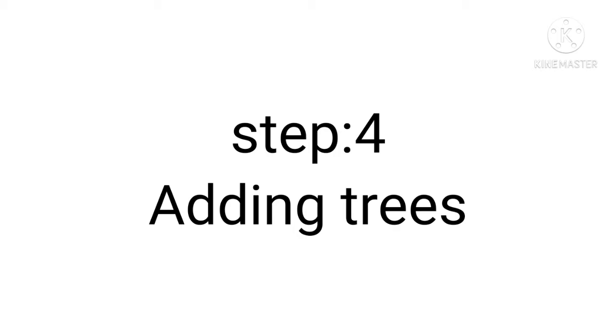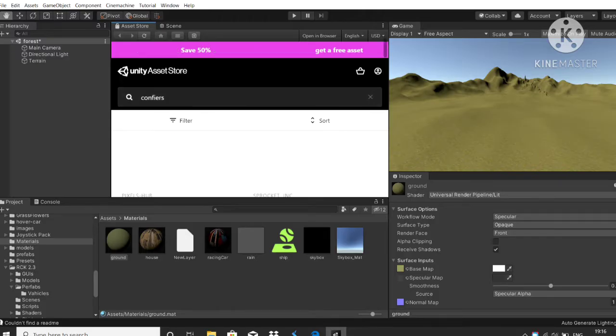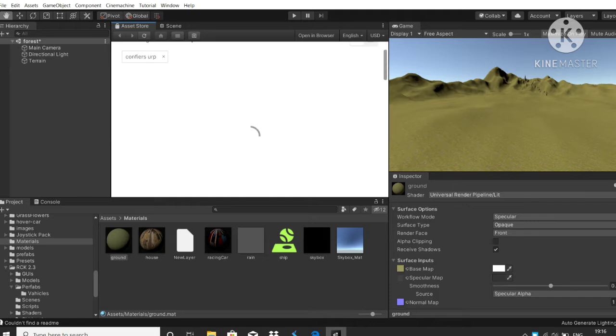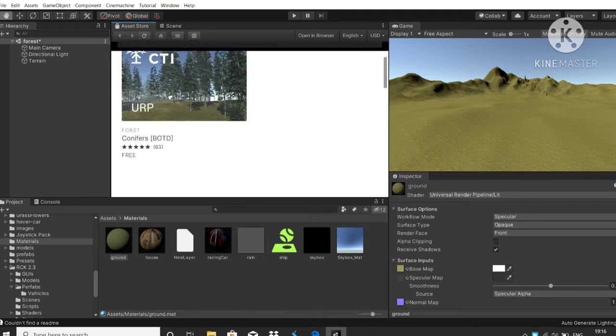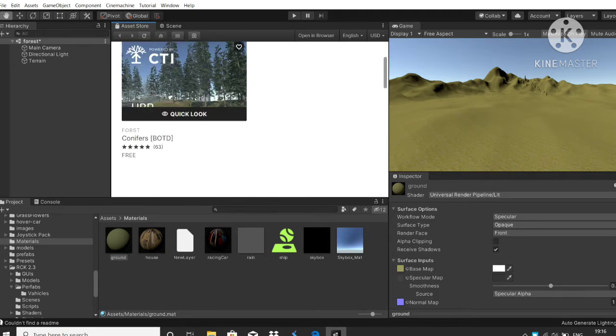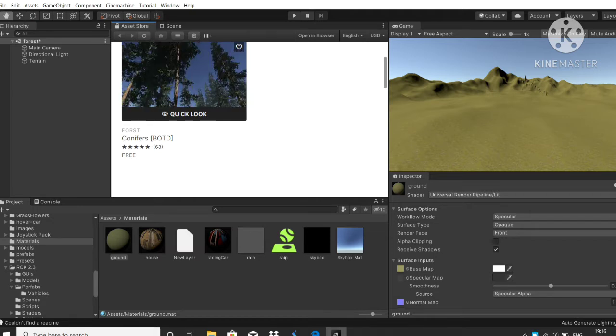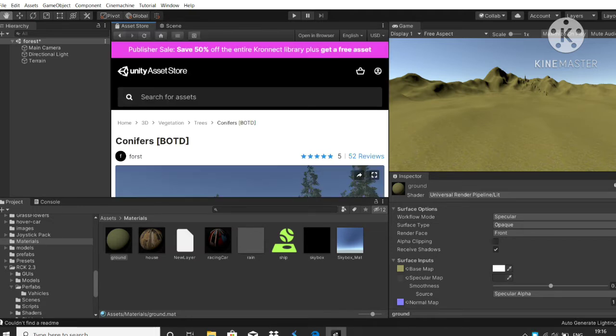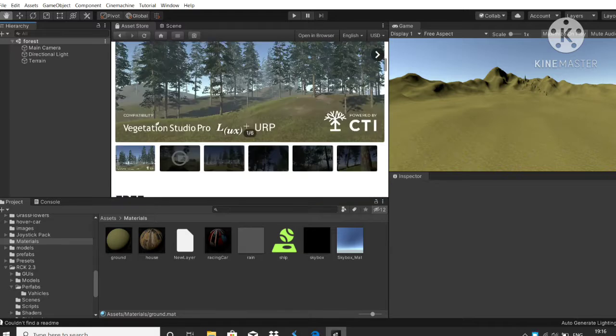Forest should contain trees, and I'm going to make a rainy stormy forest. So I need trees. So go to your asset store and search for conifers URP. Conifers is a free asset pack which provides high quality trees. And if you are good at 3D modeling, just model a tree yourself,